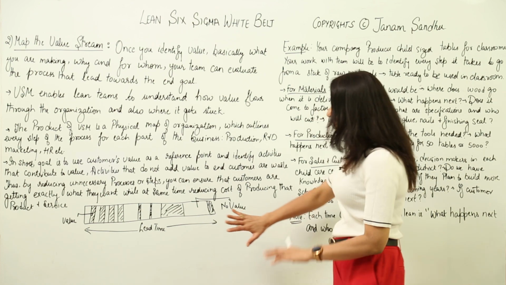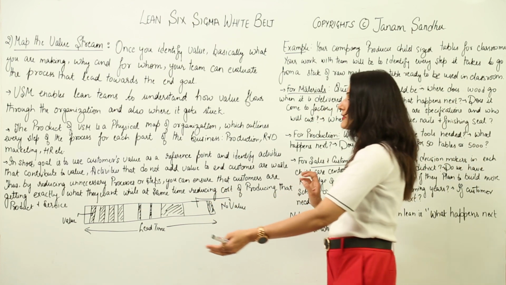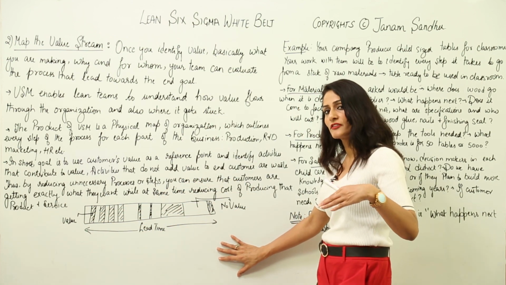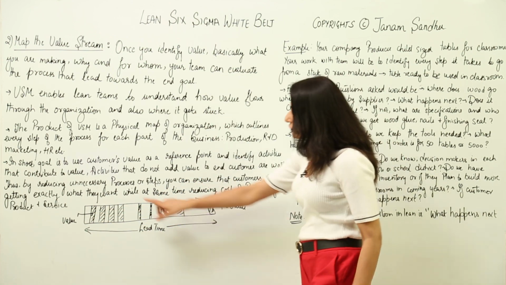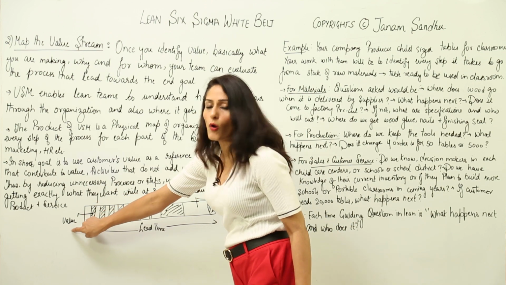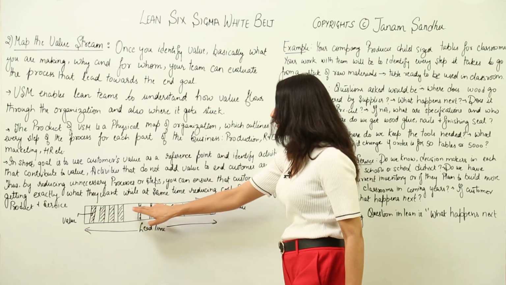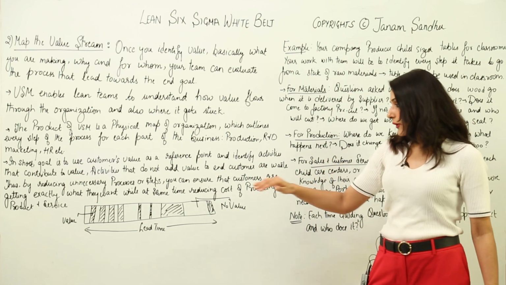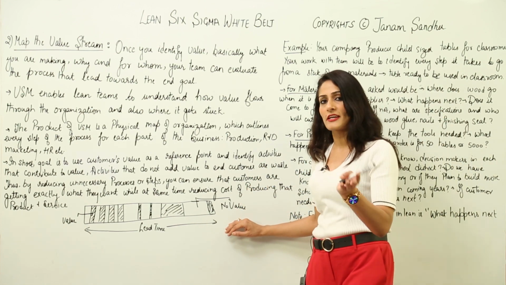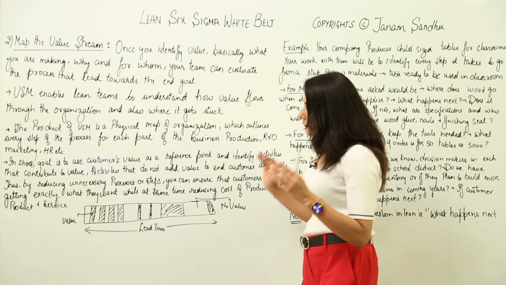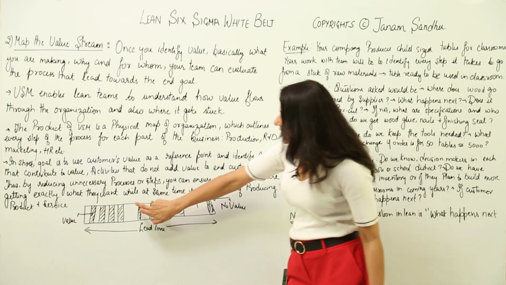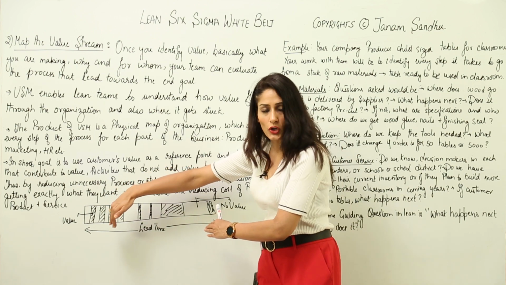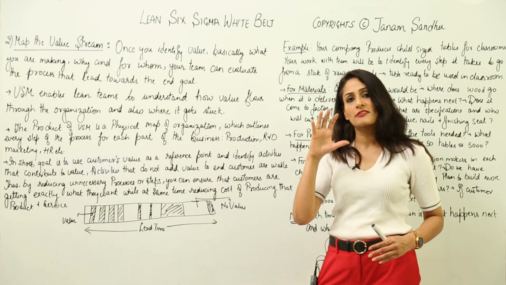So here I have just given you a vague idea of what a process looks like. This is the total lead time, that is the time which a process or service takes, right. If you see the shaded area, these are all value added activities, and the ones which are not shaded, these gaps are non-value added activities. Now here I haven't differentiated which are necessary and which are unnecessary, but what you can see is that if we are able to reduce these gaps, our total lead time will shorten,